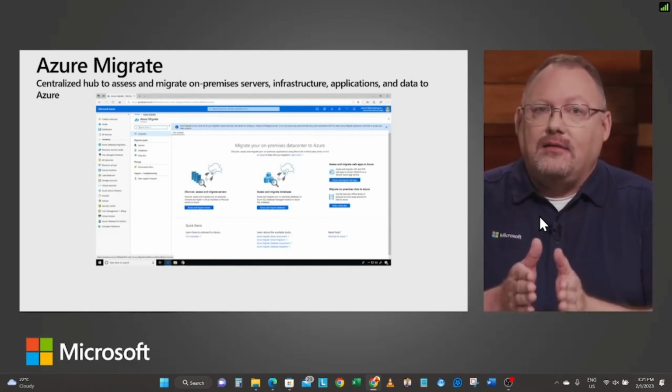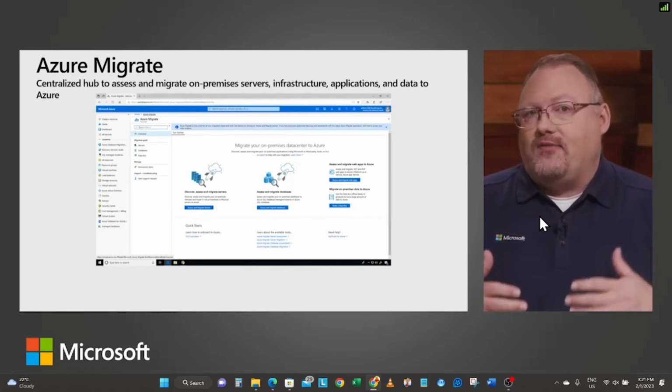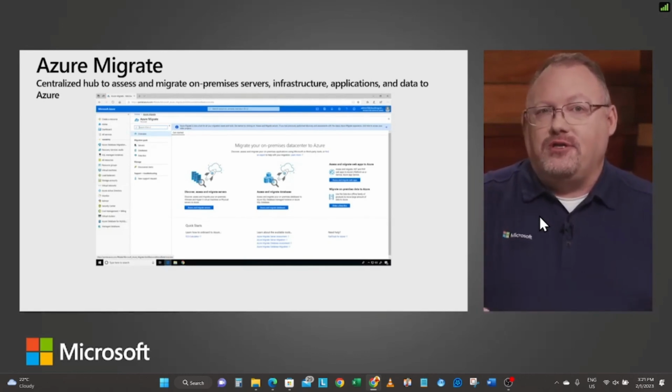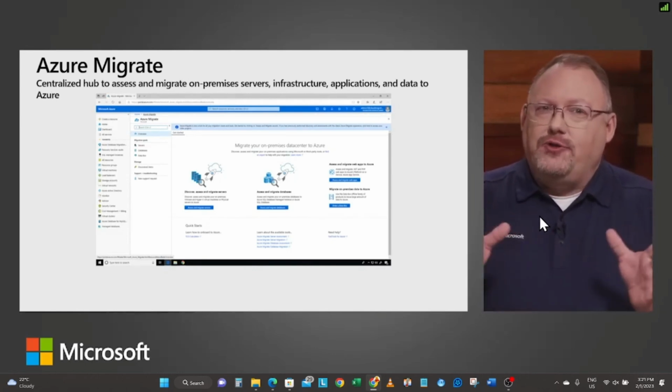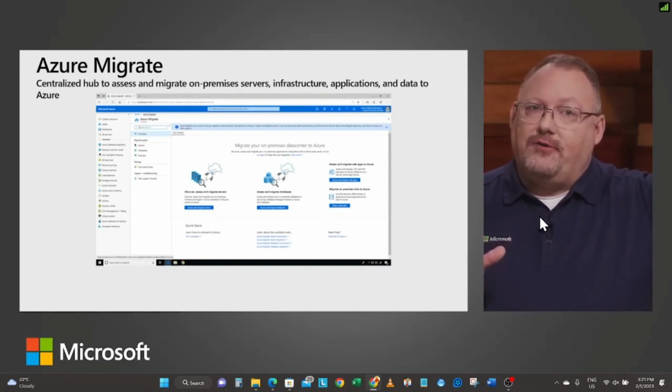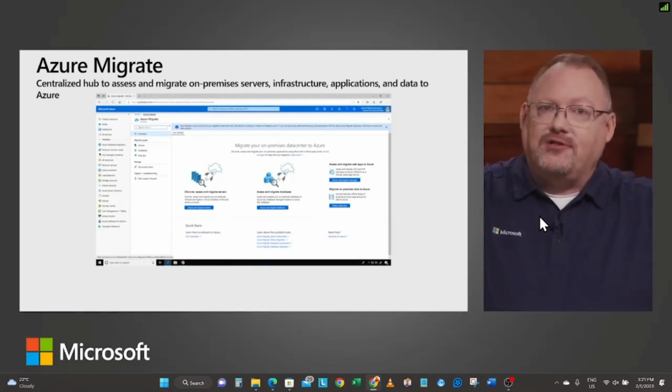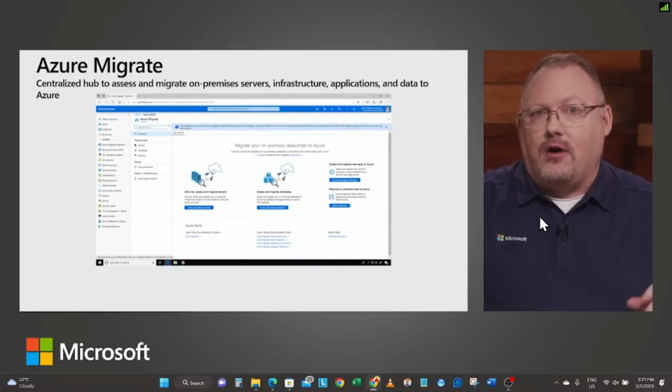Azure Migrate lives in the subscription. Whenever I think of subscriptions, I think of solutions. And this is where you're going to build your stuff. So it makes sense that we have two tools to help us migrate: one for our identity and directory, which lives in the tenant, and another tool, called Azure Migrate, that's going to migrate our solutions into our actual subscription.